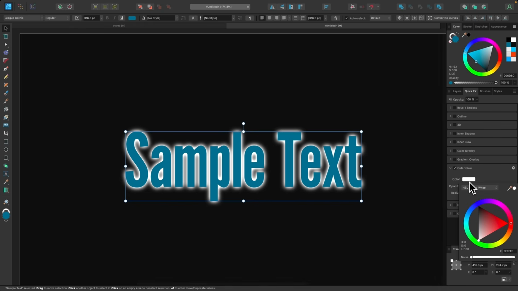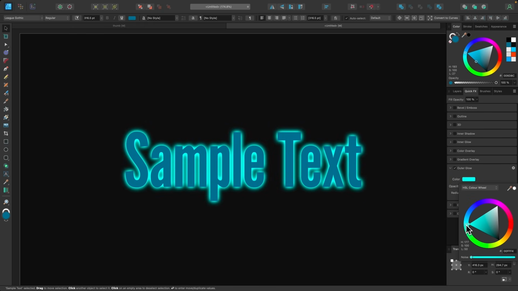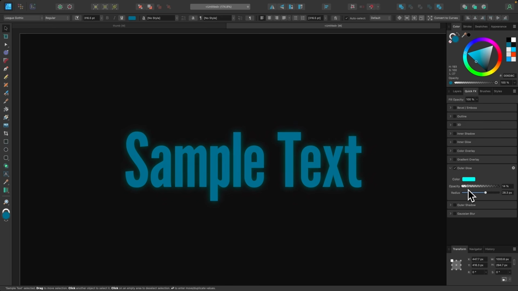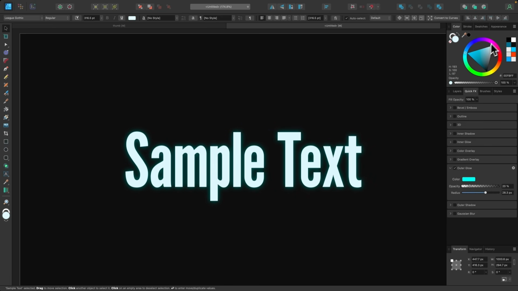So let me change the color of this. Let me use something like a lighter shade of blue that's more consistent with this color. And I'll bring the opacity down. And you can see the effect a little better. In fact, I'm going to make this text white. And then I will increase this opacity here, and you can see it kind of creates like a little bit